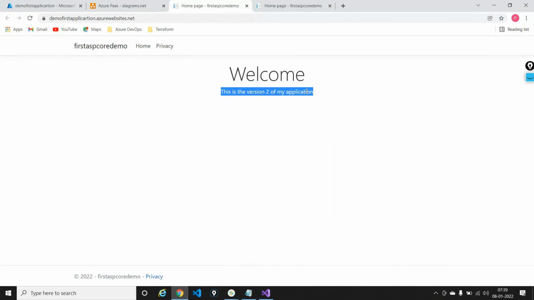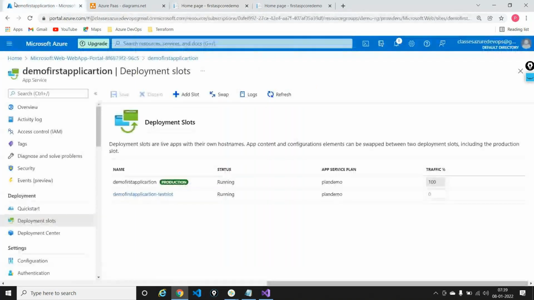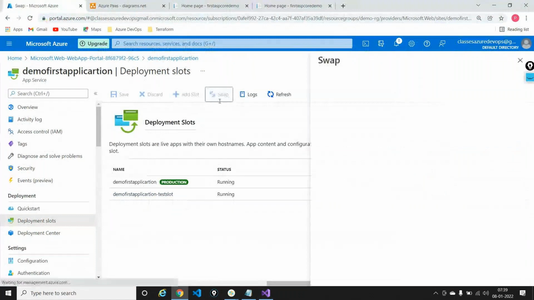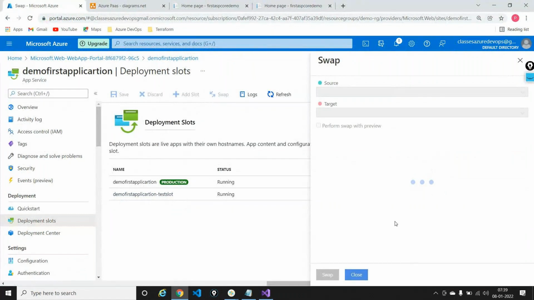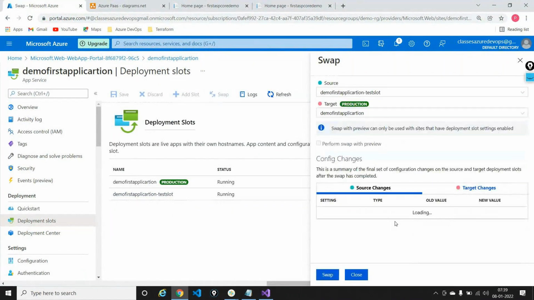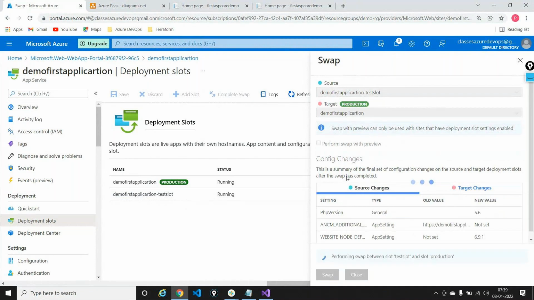Now my client says, okay, fine, let's come back to version 1. It's okay. I just go here. I am not even going into my local machine. I'm not doing anything here. I'll just say swap again. This procedure is called a rollback, and I'll say swap. Once I hit this swap button, it's going to take about 2 to 3 minutes, not months. It's just going to take about minutes.